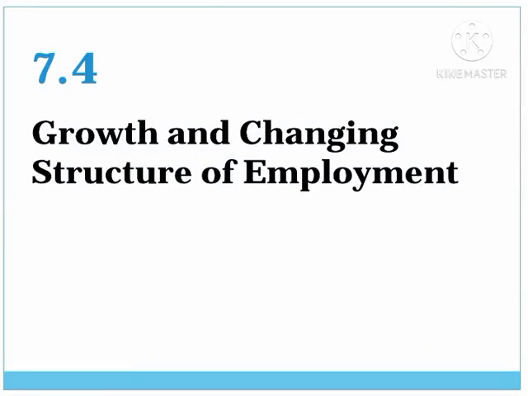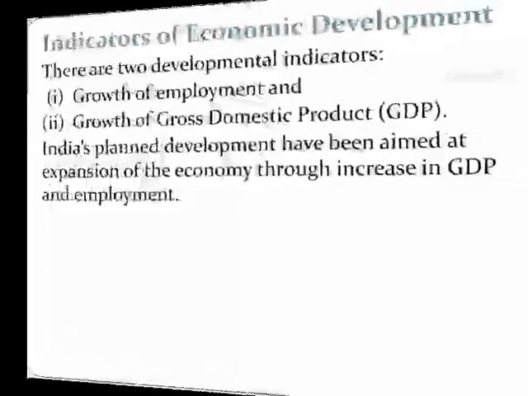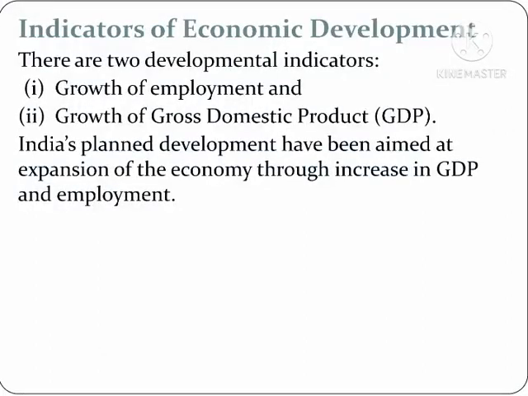Now moving to the growth and changing structure of employment. The indicators of economic development. There are 2 developmental indicators. First one is growth of employment and the second one the growth of gross domestic product, that is GDP. We already studied GDP in national income and related aggregates. So India's planned development has been aimed at the expansion of the economy through increase in GDP and employment. And we know that